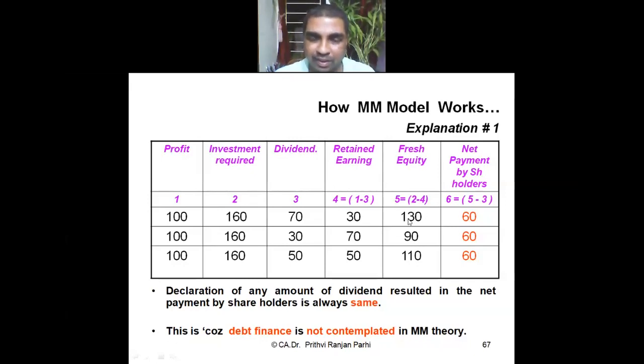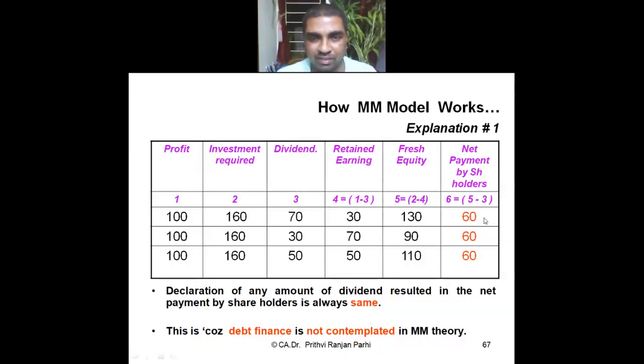And how much are we paying to the equity shareholders? How much have we given this year to the equity shareholders? 70, because that is the dividend. We have given 70 as dividend. Okay, the company has given 70 as dividend, and the company has collected 130 from the fresh equity. So if you net this up, this much we have received, this much we have paid. So the net effect is that we are collecting 60 rupees from the shareholders, because 130 minus 70.